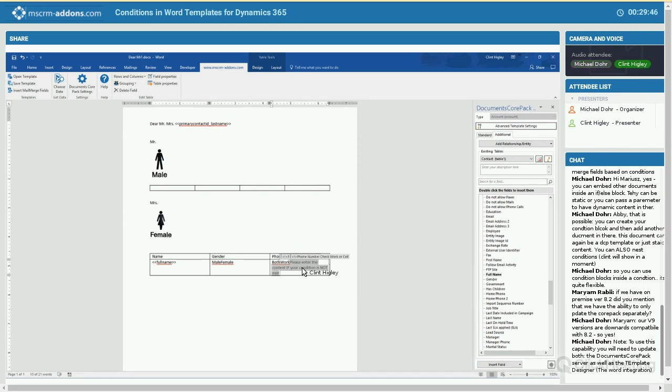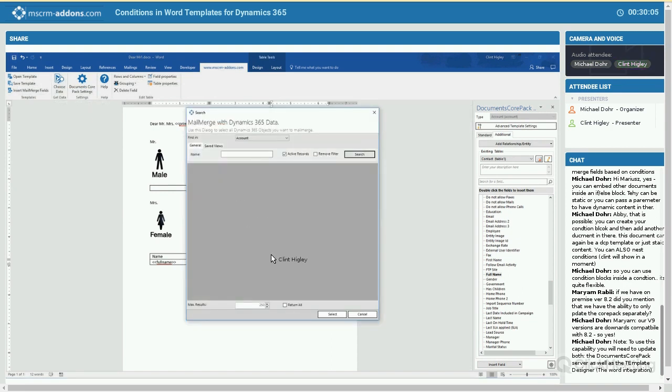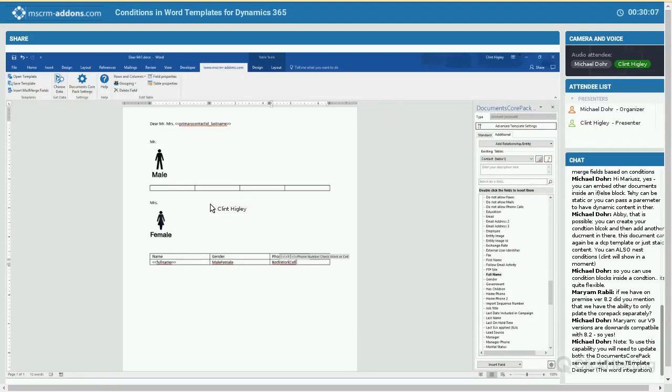So if we don't have the work number, if that doesn't contain data, then we know we had their cell phone. So that's basically how you throw all these things in there, and you can embed as many as you want. So I'll go ahead and save this, choose my data, search again, and now